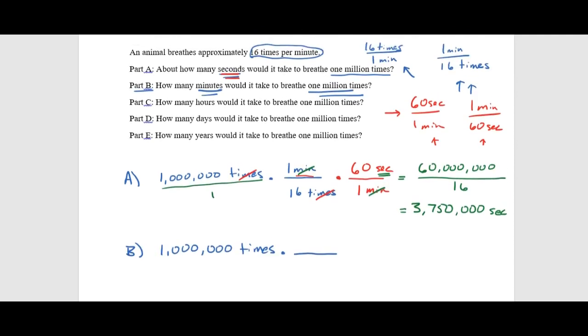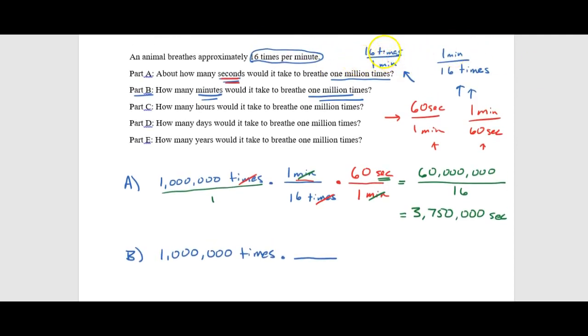We have to start with the ratio that is given at the beginning of the problem. It says it breathes 16 times every minute. Again, I want to choose which of these two ratios so that stuff will cancel out, and again, we're going to use the second ratio, 1 minute over 16 times,